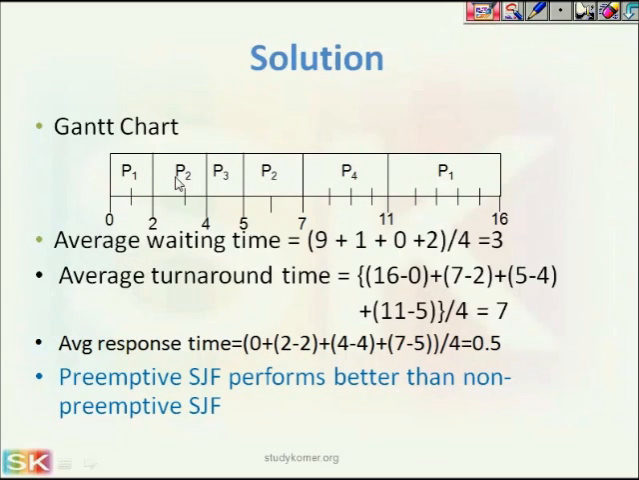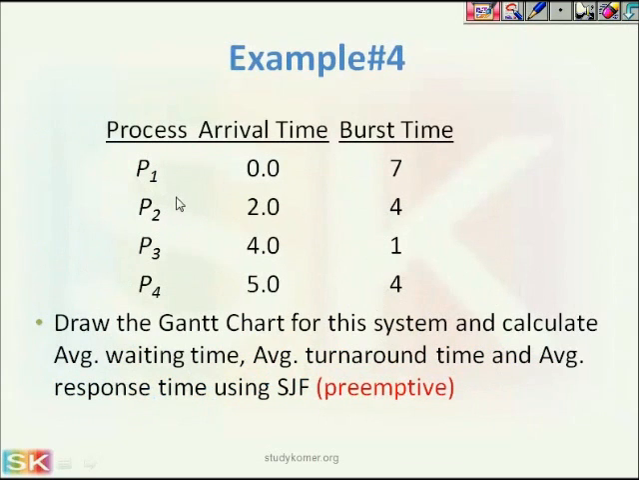So P2 will have higher priority than P1, and P2 will preempt P1 at time 2, right? At time 4 a new process P3 is submitted. So up to 4, P2 has completed 2 time units. It started from 2, so up to 4 it has completed 2 units. So the remaining burst time of P2 is 2 units